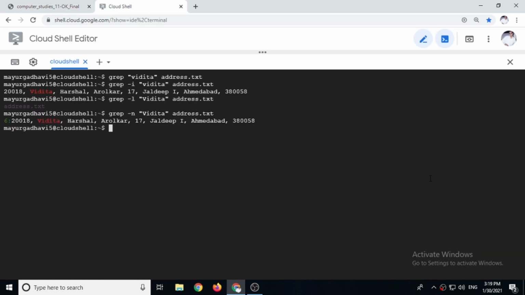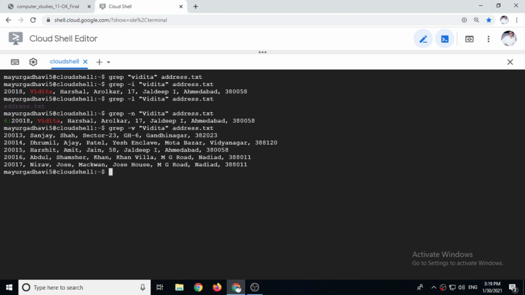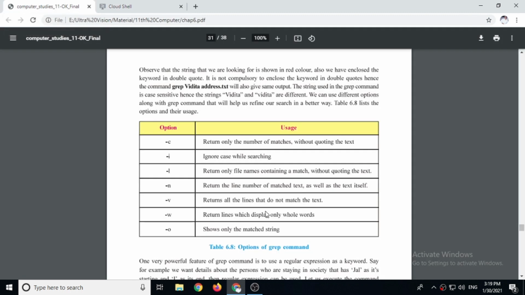So whatever text we have given, except that text, it will display all the results. So it will actually make the condition negative. So grep -v Vidita address.txt, instead of that line it will display all the other lines. Next is -w. It returns lines which display only whole words.